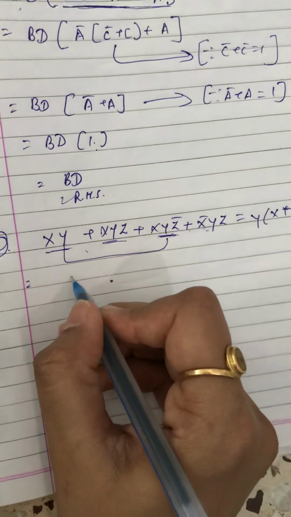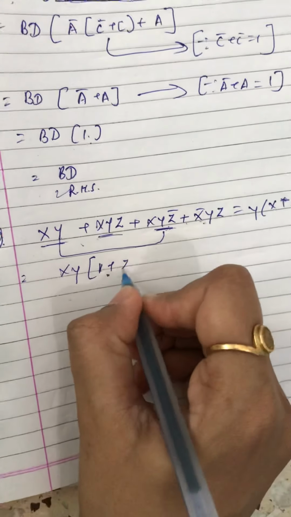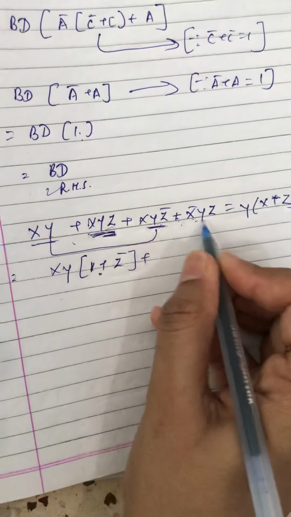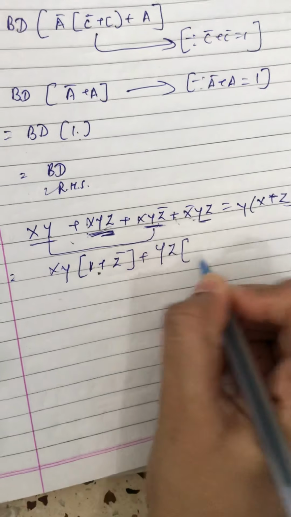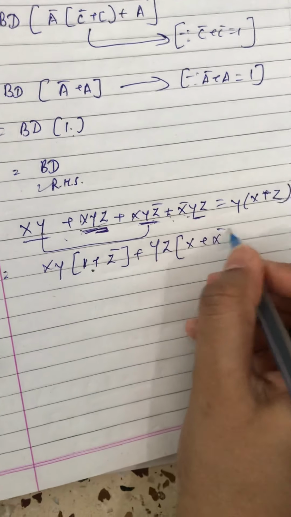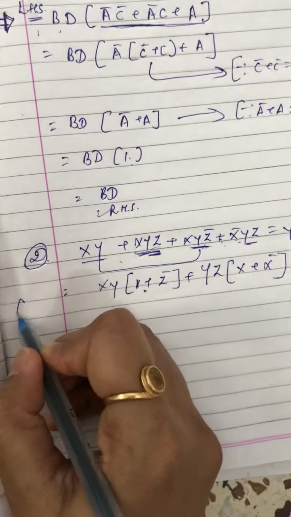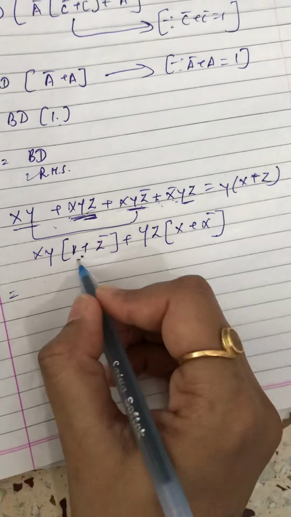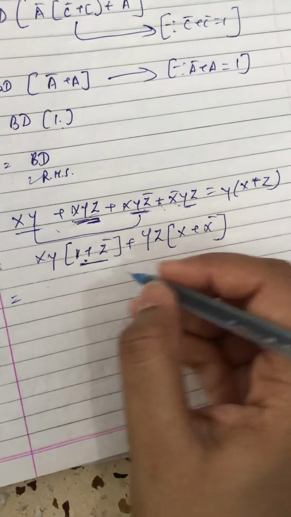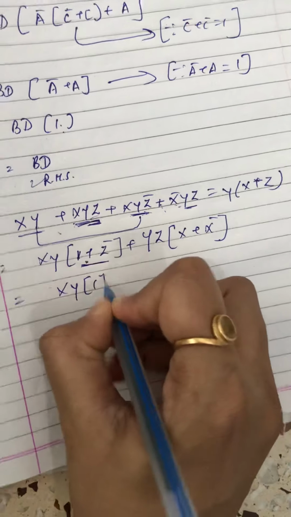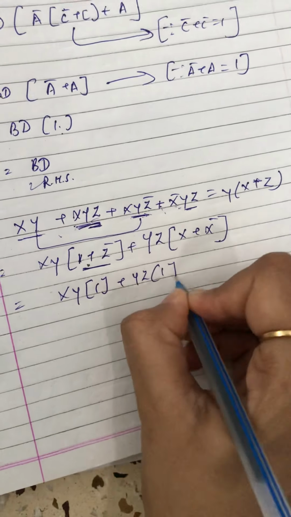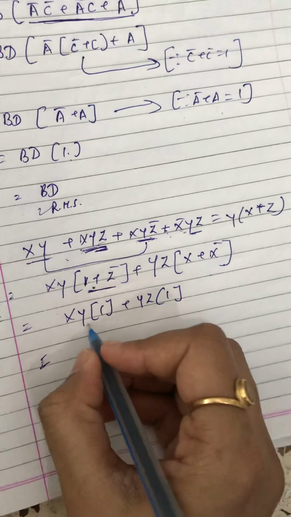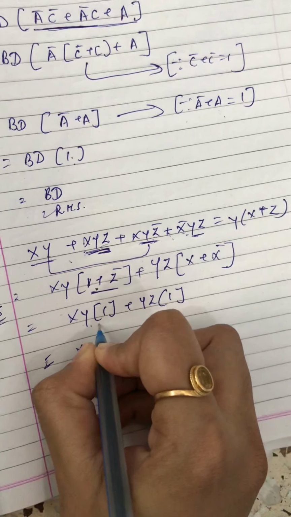So we can take xy from this term. Let's take these terms together, xy, and there will be 1 plus z bar in it. Now you have just these two options. There is yz common from these 2 terms. Let's take yz common from these 2 terms, and x plus x bar will remain, right? So this is your left hand side part which you try to solve. Now everyone knows 1 plus z, 1 plus z bar is equal to 1. So there will be 1, and this one will also be 1, x plus x bar, which is the ORing law.